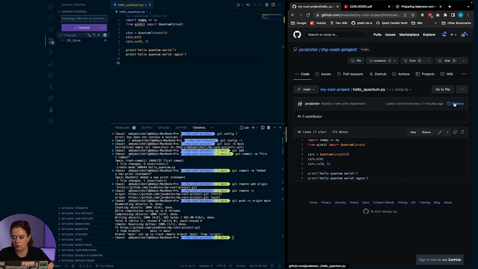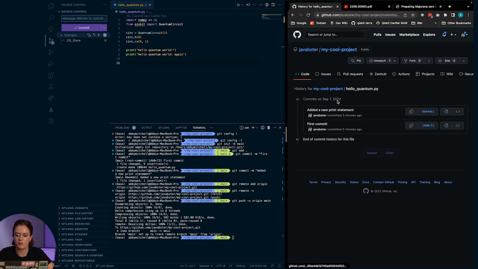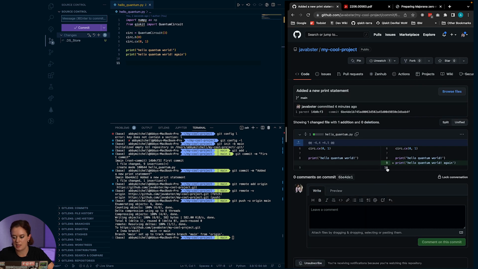And if I go to this icon called history, I can see this historical timeline of the different commits that I made. So if I went back to this commit, I can see exactly what change was added. So this is really how Git and GitHub become really powerful tools to track the history and development of your project. Okay, so now that we have this, we have done the very basic bare minimum to say that you have open sourced your project. Woohoo, congratulations.